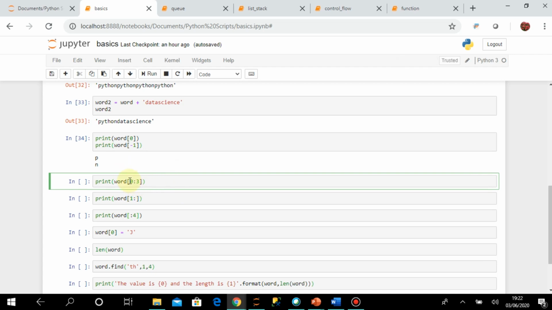So for that I write it like that, kind of a range. It is showing that word, and then in square brackets I have written 0:3. It means there is a colon, so the left-hand part of the colon is where the output will start from this position, and the value in the right part of the colon, it will take just